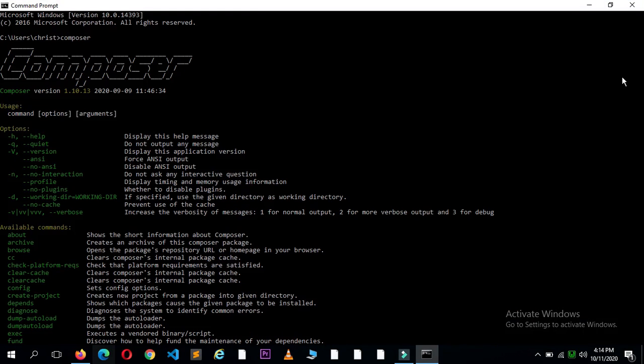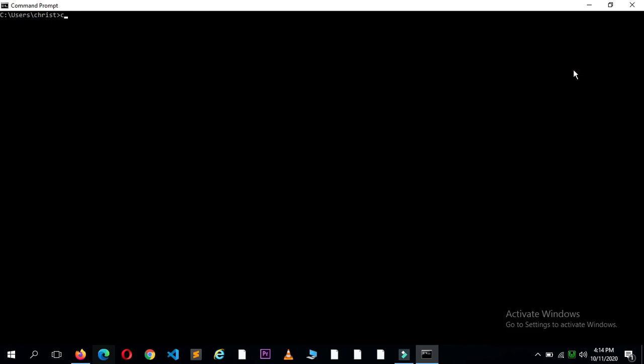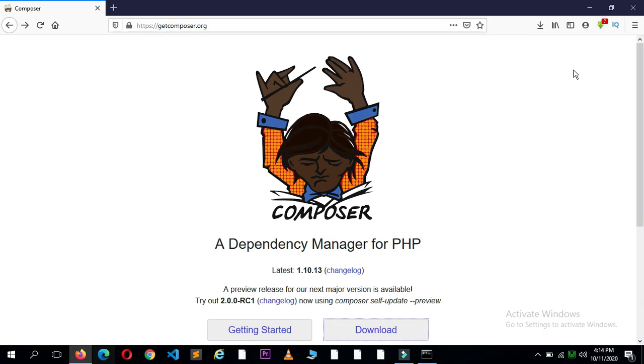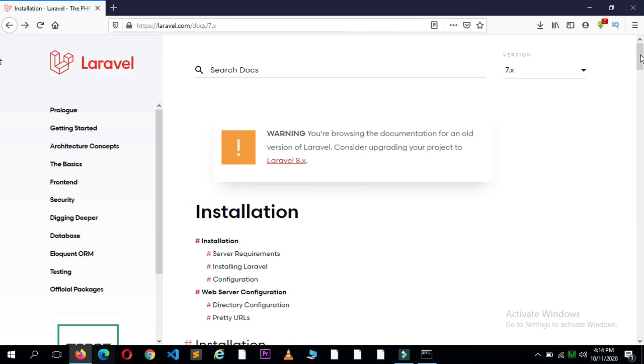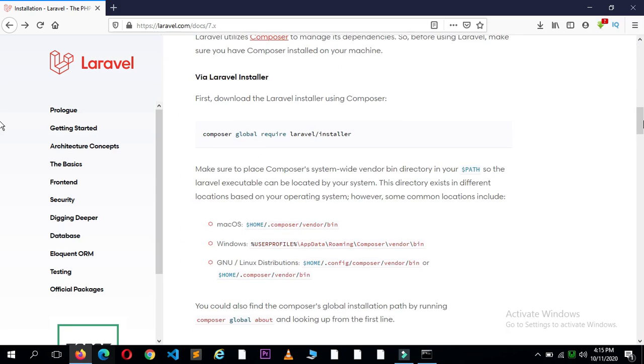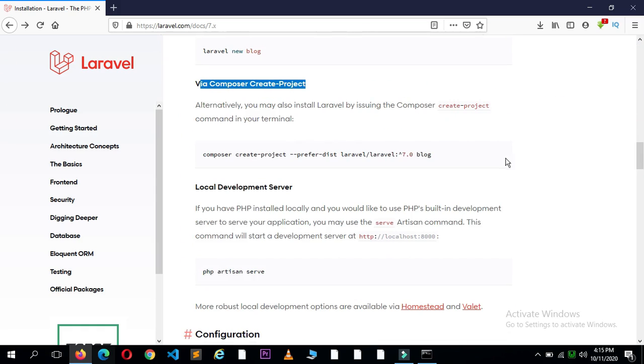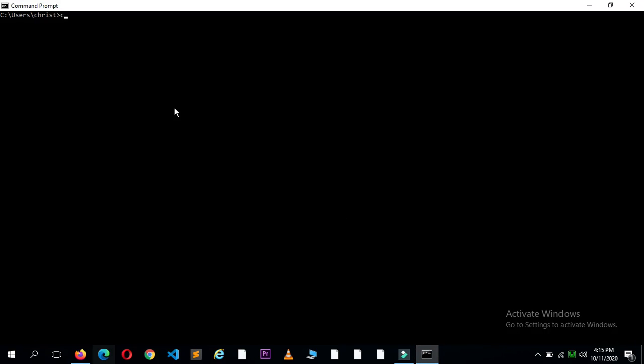and now I will go to the official site of Laravel, and all the steps are the same. You can select any of the versions. I'm going to select 7. So we will scroll down. I will simply copy that code, this line, and I will go to CMD, and first of all